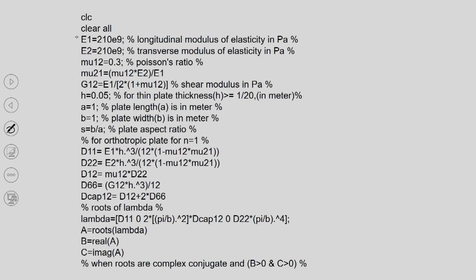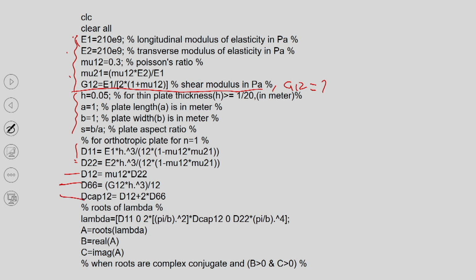Now you see, in the code you may go for an isotropic plate or an orthotropic plate, because we have input all the data: E1, E2, mu12, mu21 and G12. Later on, I have recently modified it so that you can also enter G12, and then thickness, all these things, and then evaluate D11, D22, D12, D66, D cap.